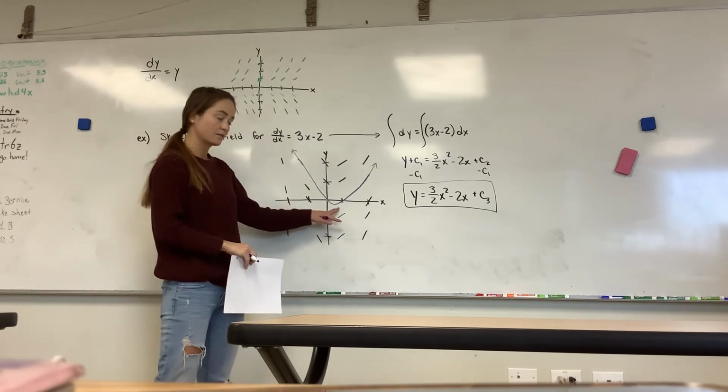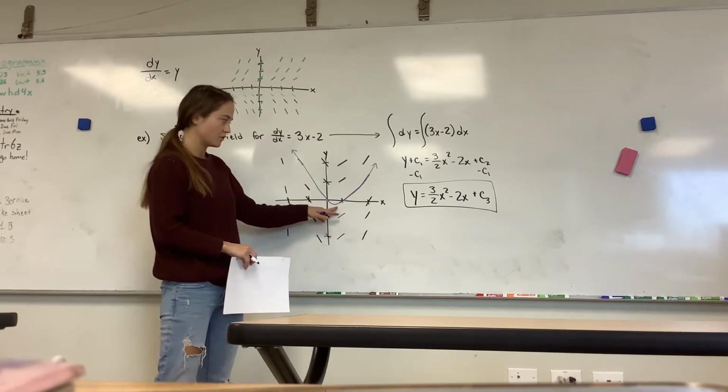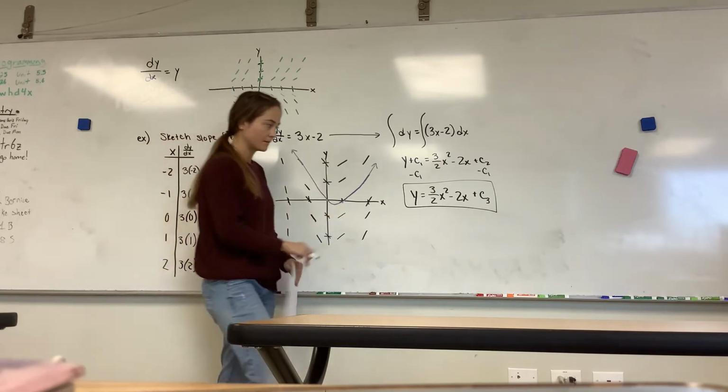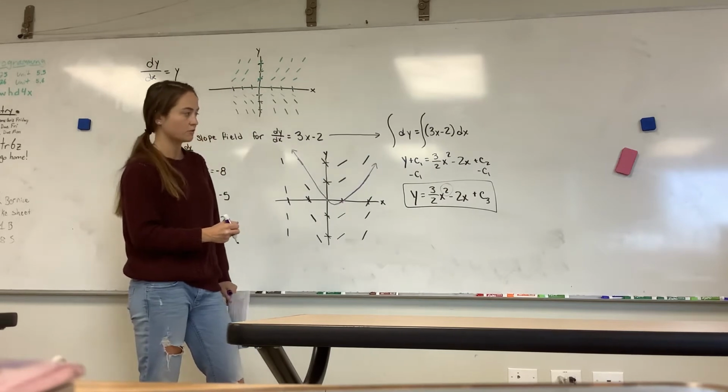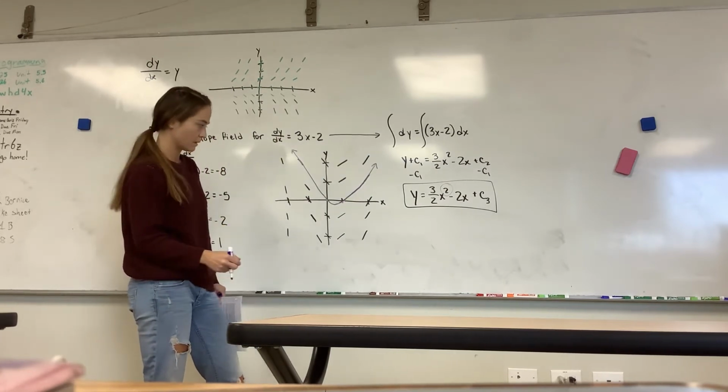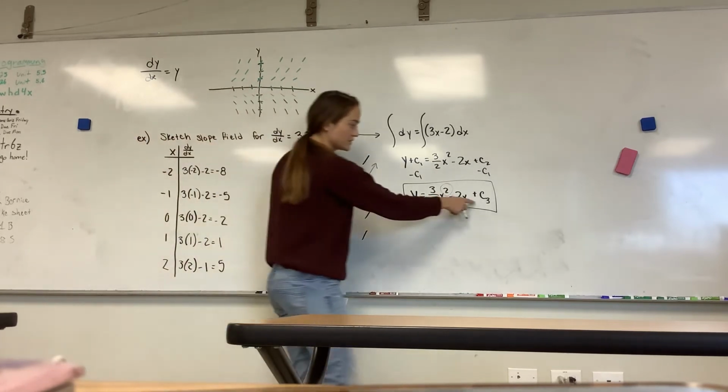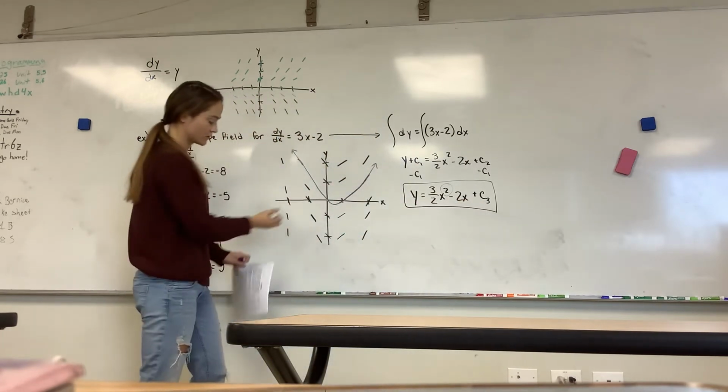This is what type of graph? Hopefully, you're noticing that we've created a parabola. What does this tell you that our graph should be? A parabola. Now it's saying plus C3 because this graph actually shows us